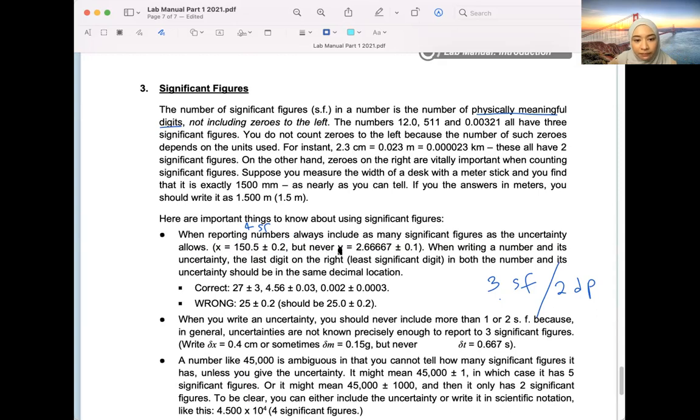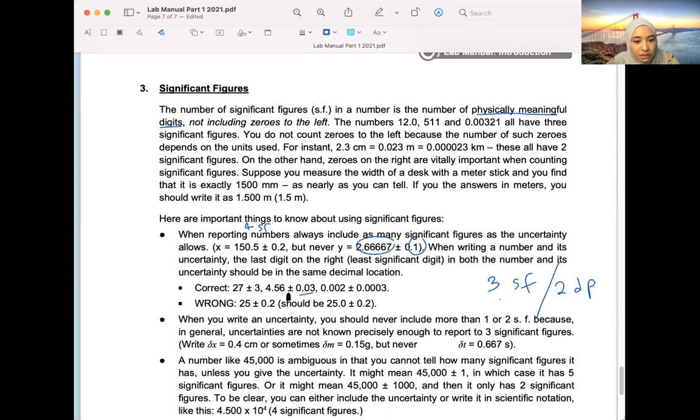And then, but never y equals 2.6667 plus minus 0.1. So it doesn't tally here. Here there are 1, 2, 3, 4, 5. Here there is 1. So it doesn't tally. If you are giving me uncertainty, the plus minus value, your value must follow that uncertainty. And then this is the correct way, 27 plus minus 3. Because here there is no decimal point, and here there is also no decimal point. So it tallies. And then 4.56 plus minus 0.03,